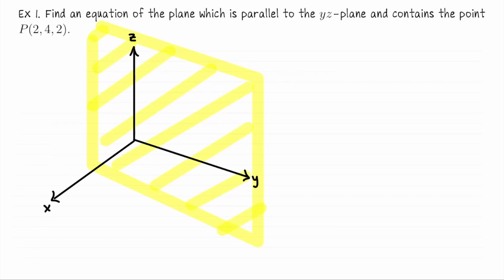Of course, I just drew this picture on a flat screen, so it's hard to see exactly what's going on. Let me label my picture. This yellow plane here is the yz plane. That's a good description of the plane, but it's not an algebraic description of the plane. If I want to give an equation of the yz plane, the equation for this is x equals 0. Now I would like to find an equation of the plane parallel to this one, but which passes through the point (2, 4, 2). So let me sketch that first, and then we'll figure out the equation.